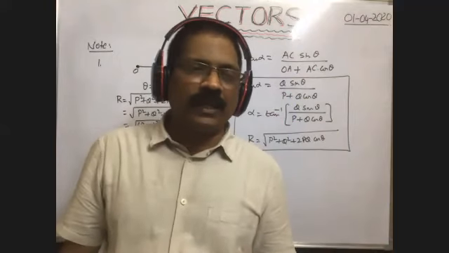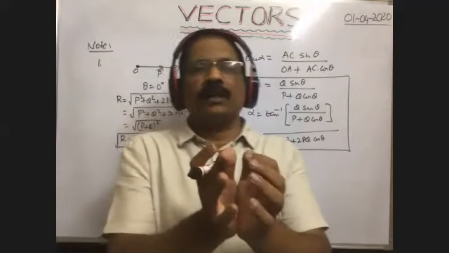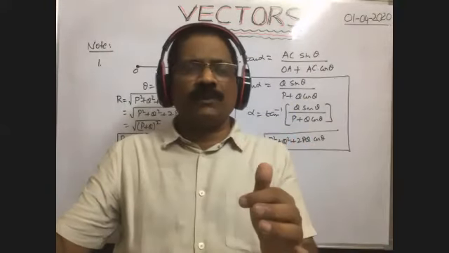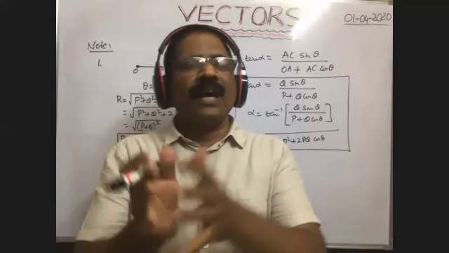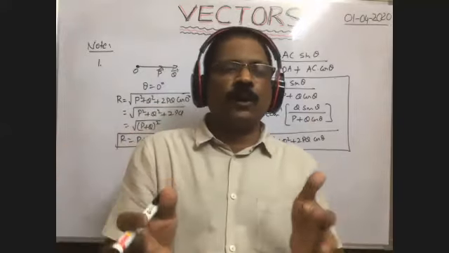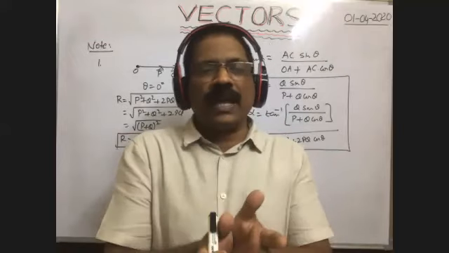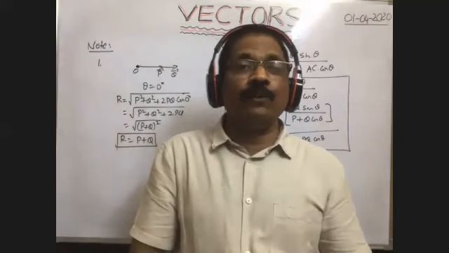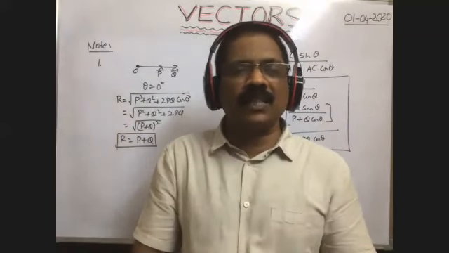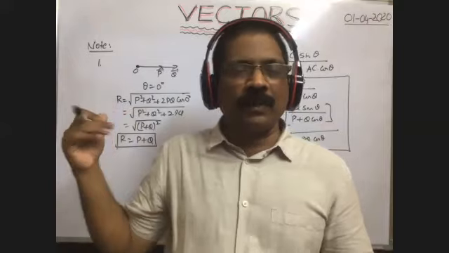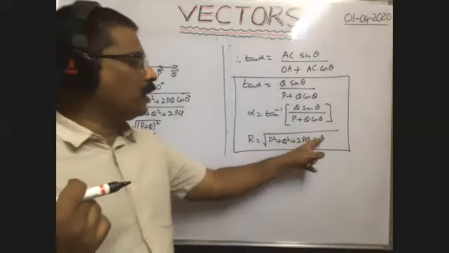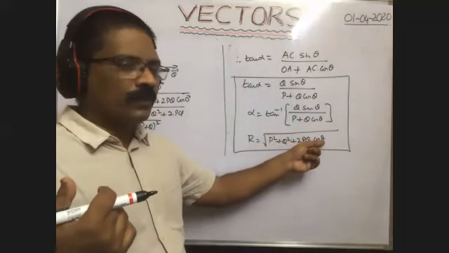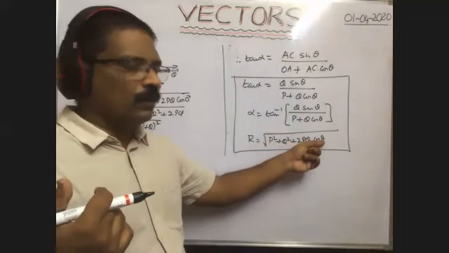If the two forces act on a particle simultaneously along the same direction, then the resultant force is simply the sum of them. If they are in opposite directions, we simply subtract to obtain the resultant force. If two forces act on a body in different directions, we cannot say directly what the resultant force is. In such cases, we need the parallelogram law of vector addition, because theta is the angle between the two forces or vectors. We know this theta, so by using this formula we can find the resultant of any two vectors.